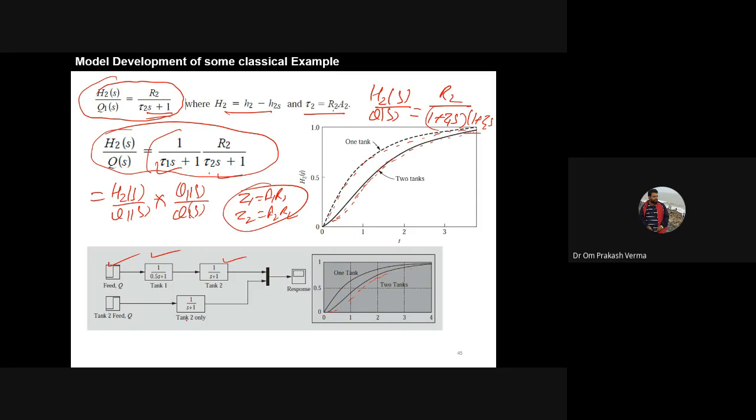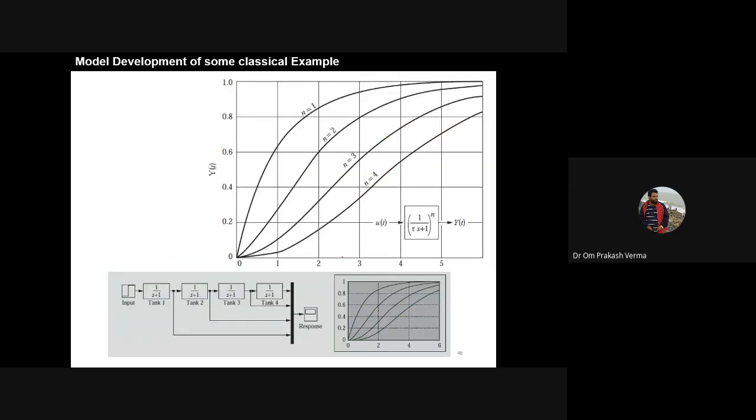However, when the single tank system, that is tank 2, is simulated, you can see here the response of the first one. So this is the case. You can try on MATLAB by yourself also. So when the number of tanks is increasing, what happens to the response? If the single tank is there, then the double tank, the response becomes sluggish, more and more sluggish, when the number of tanks becomes higher. So the same response is represented with the help of the MATLAB simulation. Okay.